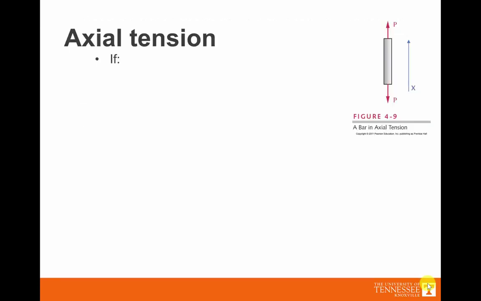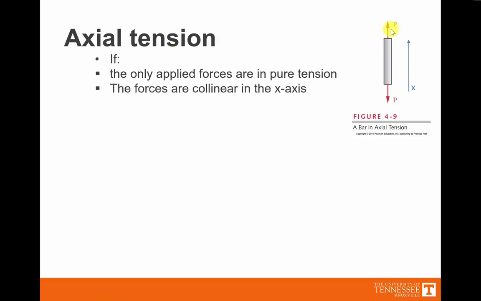If we have an axial tension, so for instance, let's say we have a bar, and we're going to call the x-axis the long axis here, and we apply some P and put this bar in tension. Let's make a couple assumptions. If the only applied forces are in pure tension, so there is no other force except for P here, and the forces are collinear in the x-axis, and they're applied through the centroid. In other words, it's important to note that P is attached right at the centroid of this bar,